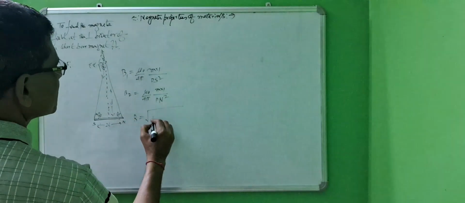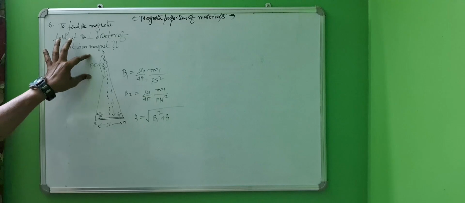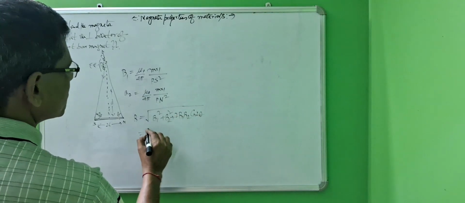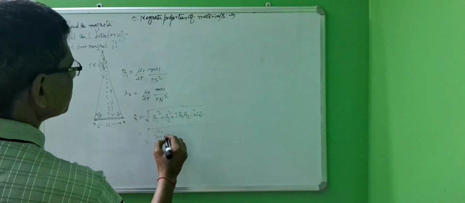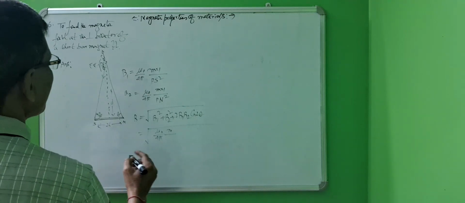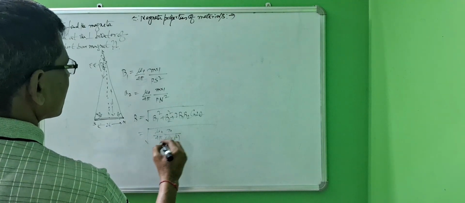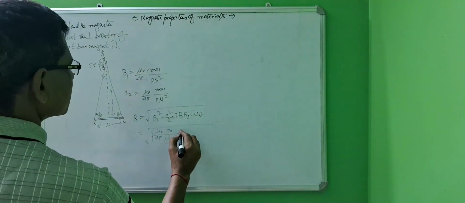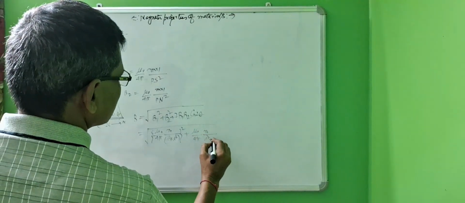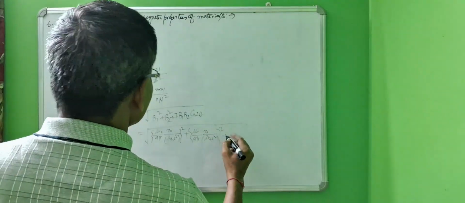So the resultant B will be obtained by the law of parallelogram of two forces: B square equals B1 square plus B2 square plus twice B1 B2 cos of twice theta, equals mu 0 upon 4 pi m by PS square, where PS equals d square plus L square, d square plus L square, plus